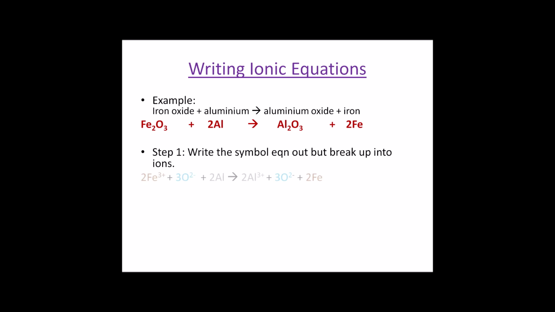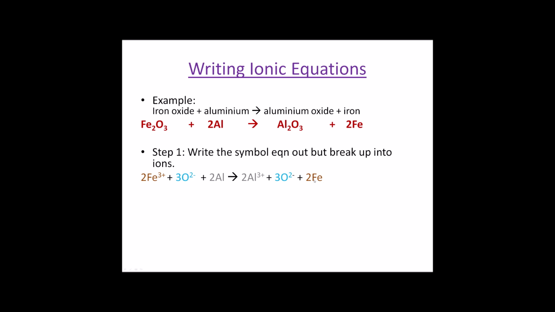So this time we get 2Fe3+ plus our 3O2-. So again we've broken this down into the ions it's representing. So not O3 6-, although you could write that, but 3O2- is perhaps the more correct way of writing it. And to this we add our 2 aluminiums, and we're going to make 2 Al3+ plus our 3 O2-